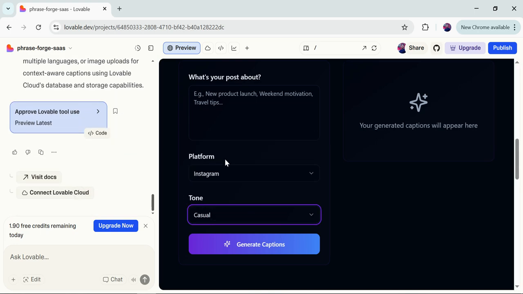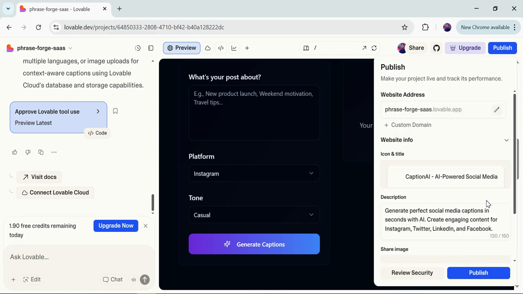So that's all about how you can create a working SaaS prototype with the help of Lovable AI. You can also publish your SaaS product through this publish button, and when you click on it, you can easily publish your SaaS product.